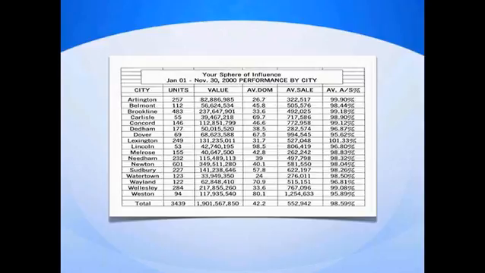But then you go down to Brookline, and you've got almost twice as many transactions, 483 transactions. Look at the value, $237 million of real estate. Average days in the market, 33.6, and the average sales price is $492,000.